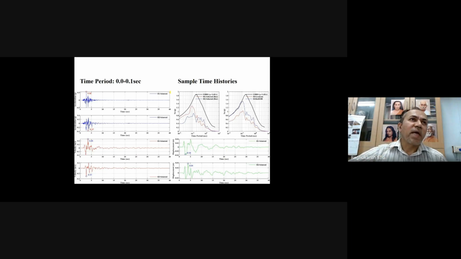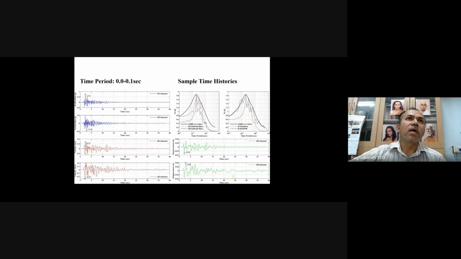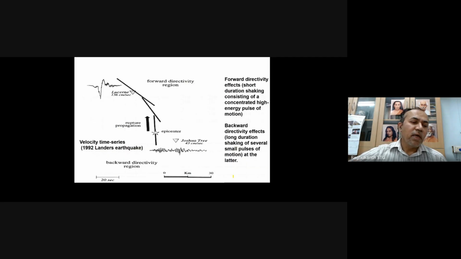So these are some of the samples: the horizontal components, both H1 and H2, similarly several I'm showing. These are acceleration, these are velocity, then these are displacements. So we have selected very carefully, and we have removed the filtering, everything has been done properly, so that you can do non-linear time history analysis nicely in your calculations. Now 0 to 0.1 I'm showing, and some more samples I'm showing here. So this is what we have given in our IS code.